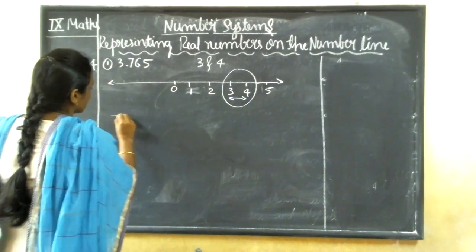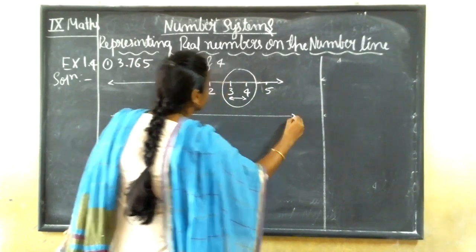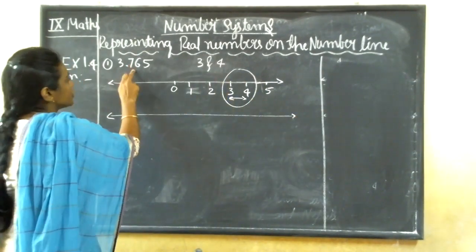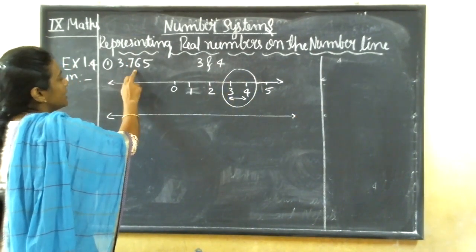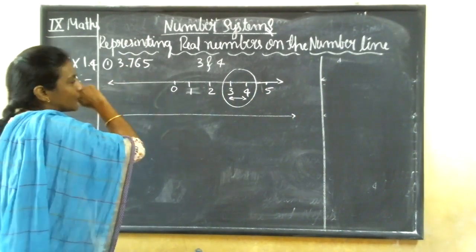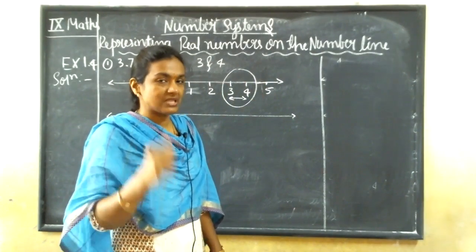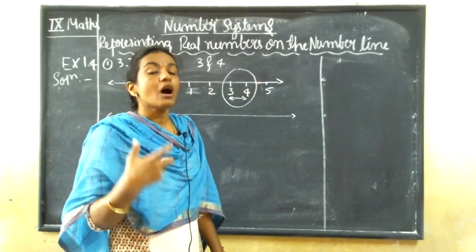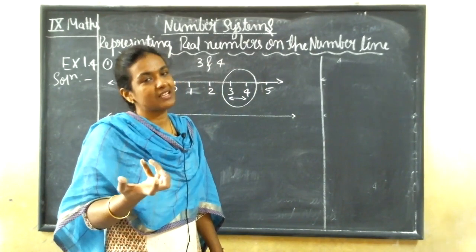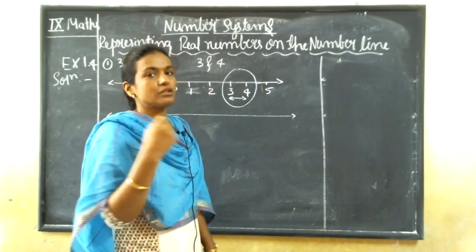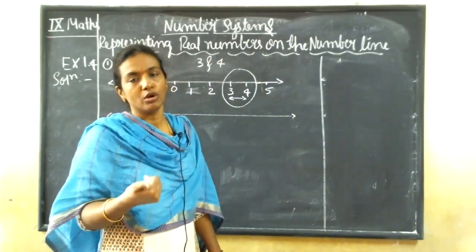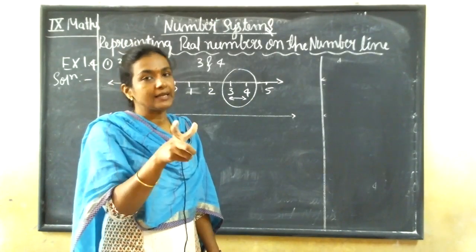Next is what we need to do here. See, you cannot show this value, you cannot locate this value on one single number line. Okay, you have to use a magnifying glass to see that. So how it looks when you are using a magnifying glass to represent this number on the number line, I am just showing you what is on the board. Okay, you are taking it separately.